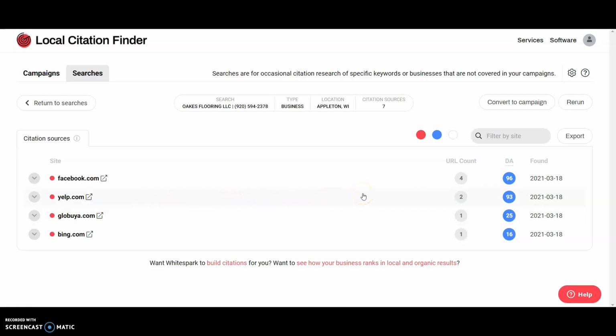We can go check out other competitors, grab the ones that they have. We can search for them on Google. There's a whole bunch of them out there. There's thousands of them. A bunch of them are free. Some you have to pay for, but there's plenty of free ones to go after. This guy's only got 7, but we'd want to get at least 50. We can even get 100. It's not too hard. It's just time consuming, but it's something you can do yourself. It just takes time to fill them out.